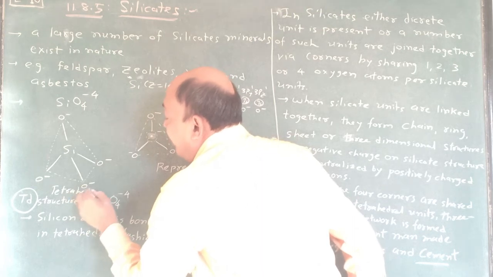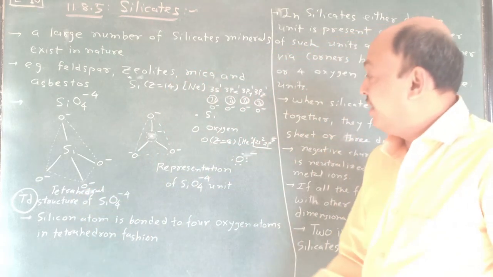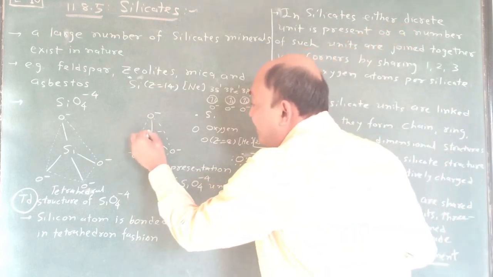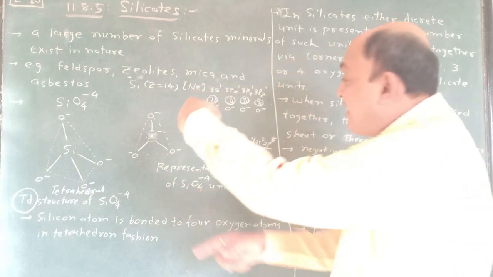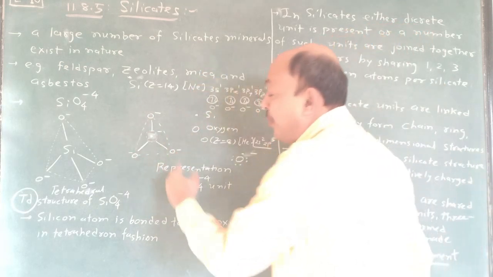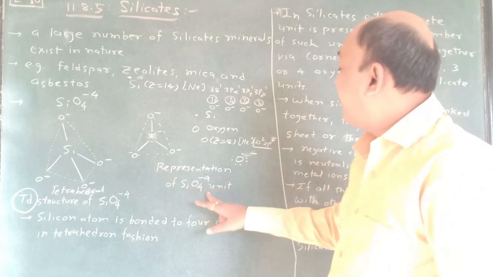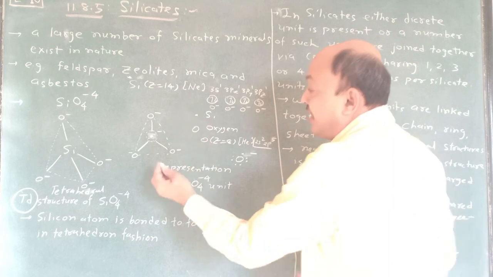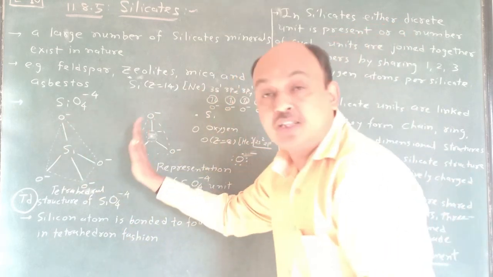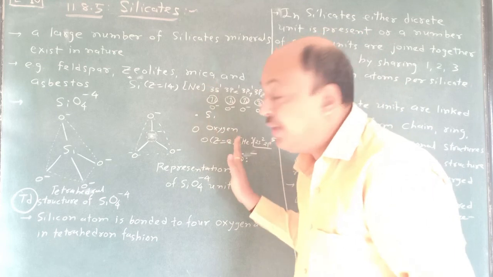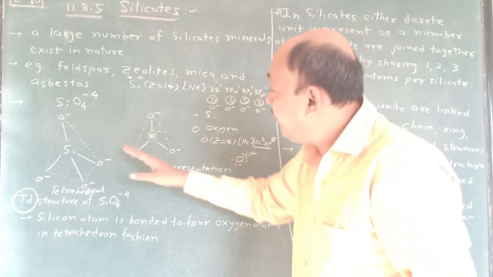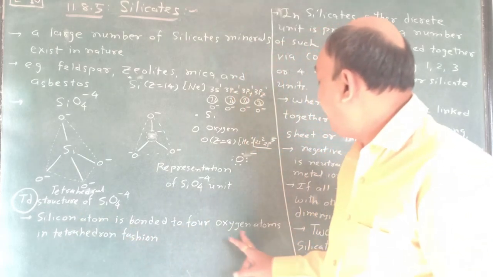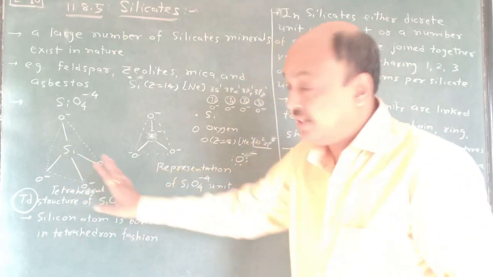Tetrahedral structure. And this is shown just like we put one triangle. This is Si and this is O minus, which is behind, O minus and O minus. So this is the representation of SiO4 minus 4. Suppose this once again reacts with another SiO4. That means this one unit, this another unit, this a third unit, and then a fourth unit, going on and on. So this type of silicates, just observe: the silicon atom is bonded to 4 oxygen atoms in tetrahedral fashion. That is all about this.